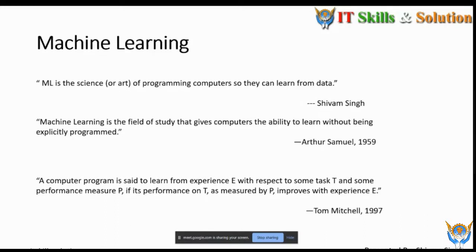Okay, so that is not only about robots, that is not only about your self-driving cars. Basically, the main objective of machine learning is to tell your computer how things generally behave. If I give you an example, you will understand that first definition. I give you a very good example.